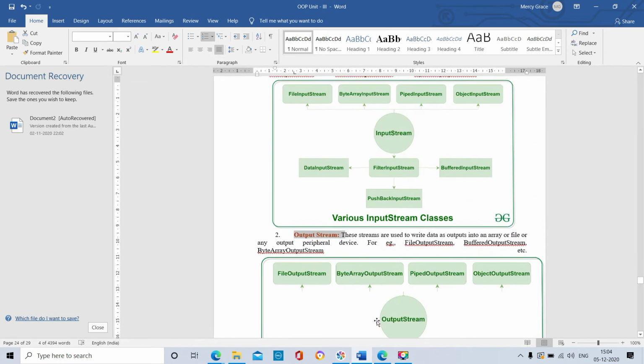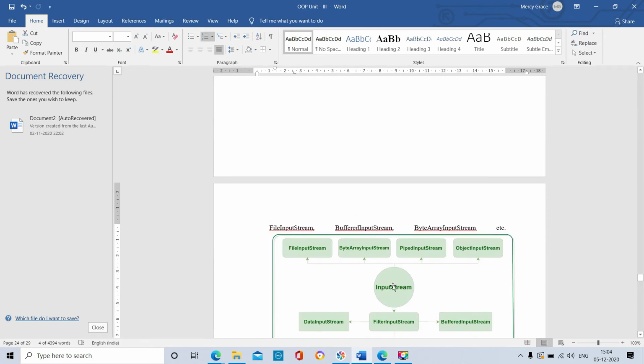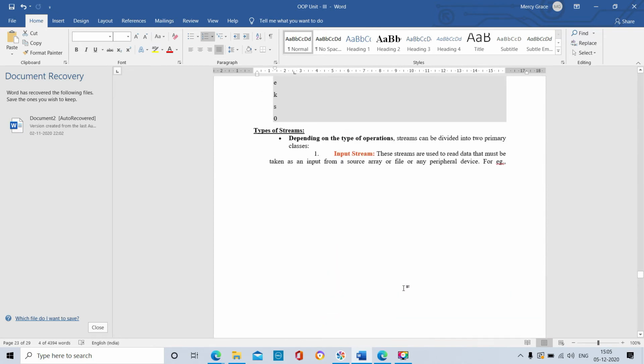See the diagram. Stream means a sequence of data. Read data must be taken as an input from a source array or file or any peripheral device.